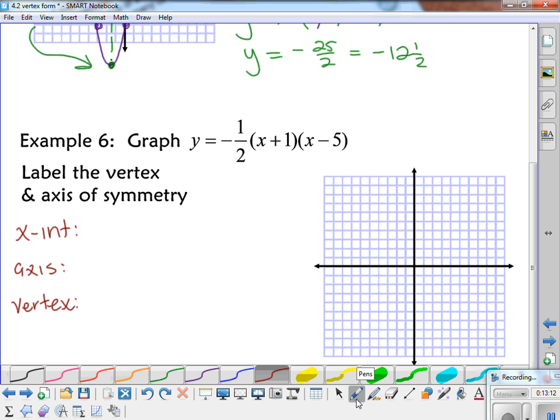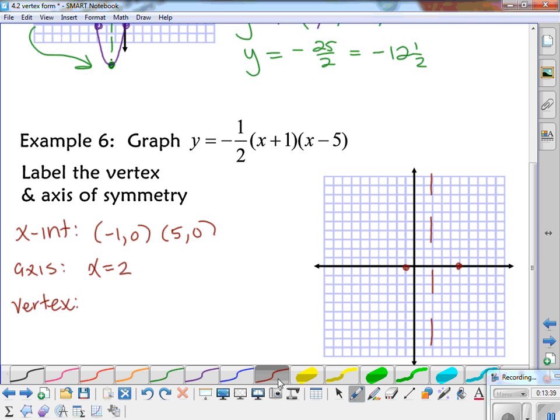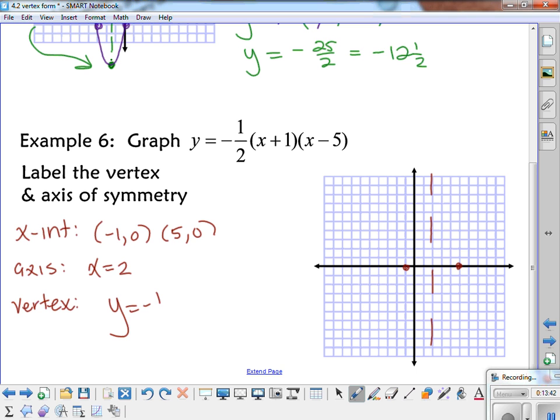All right, so we agree the x-intercepts were at negative 1, 0, and 5, 0. And so where did your axis of symmetry end up being? 2. X equals 2, yes. All right, so now you guys can find your vertex. Plug in the 2. Okay, so when you plug in the 2